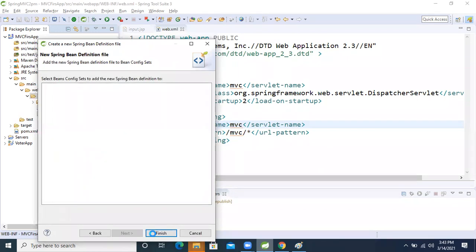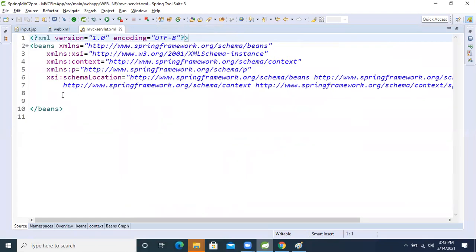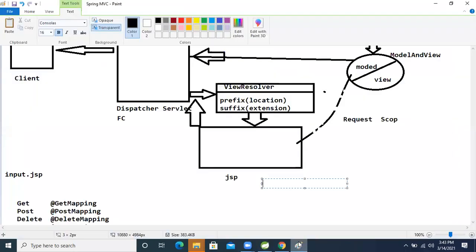All the Spring core things I'm explaining here, friends. These are Spring core only, right? So this is our XML configuration. What is that? Bean, right? The number of beans equals the number of bean tags here. But whenever we are developing a Java application, the number of beans equals the number of methods we are taking. In Spring terminology, this object, the view resolver, is a bean only, right?